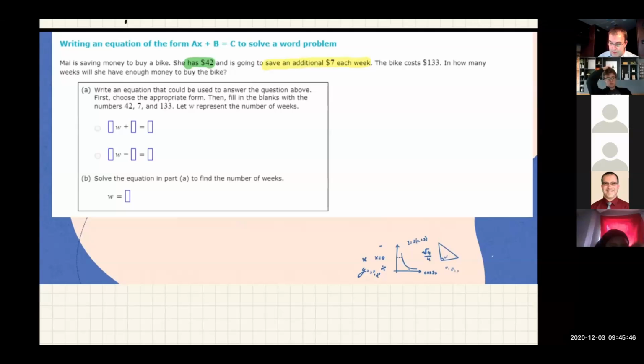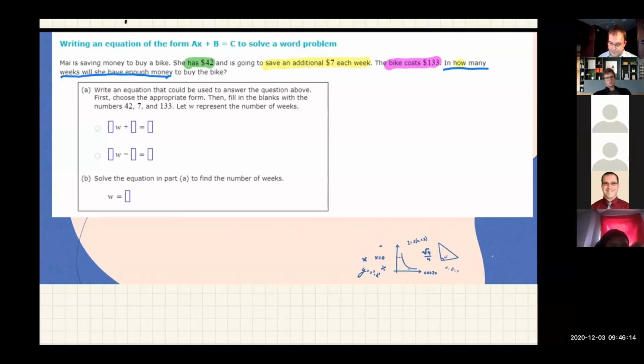The bike costs $133. So we're trying to figure out how many weeks it will take her. I'll just underline the question: in how many weeks will she have enough money to buy that bike? The fact that it's asking how many weeks tells me my variable is going to be about weeks,